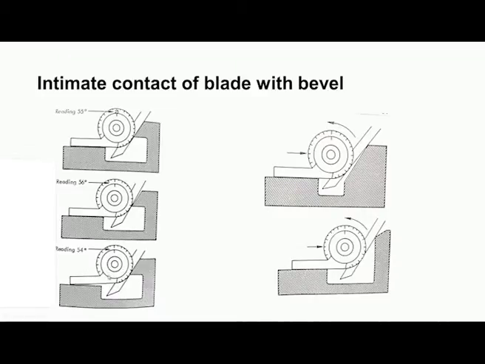So, sometimes the one blade, the sliding blade, is in contact with the workpiece, but here the fixed blade is not in contact. It is actually the protractor climbing on the workpiece. So, there is no contact here. So, the angle shown is 54 degrees, which is smaller than the actual angle.